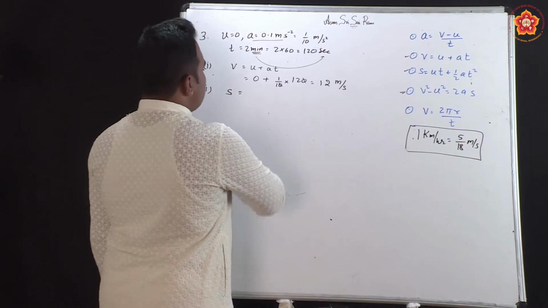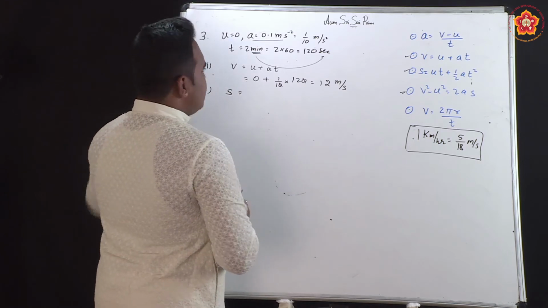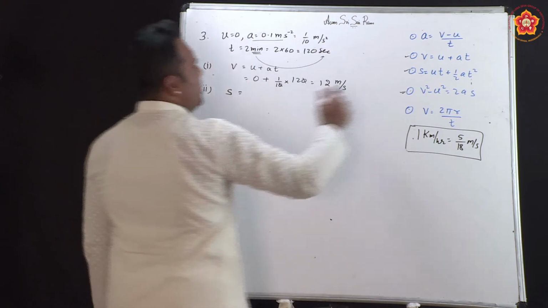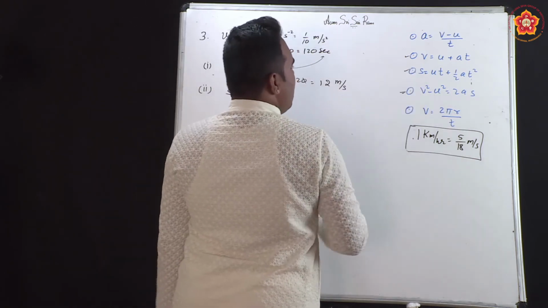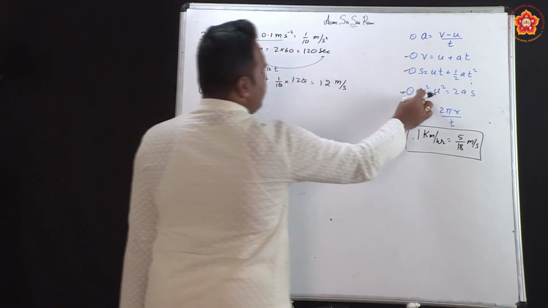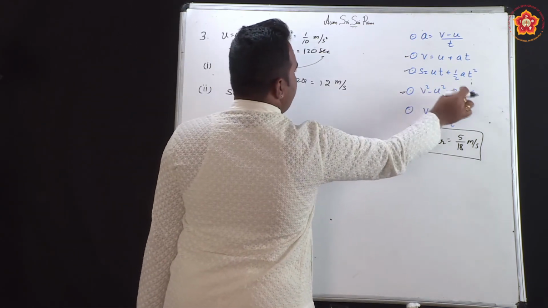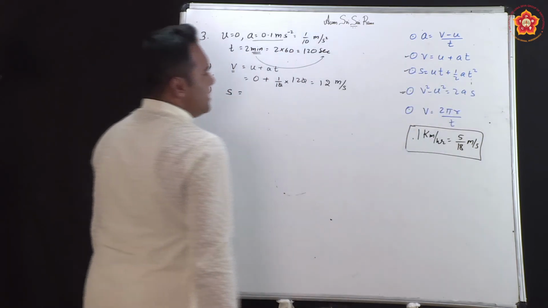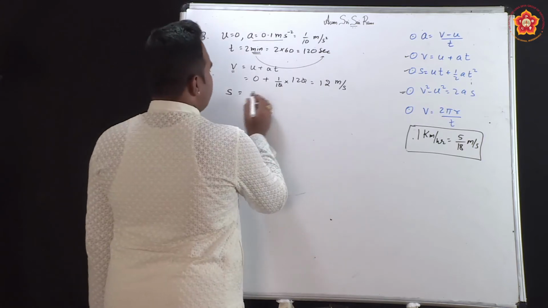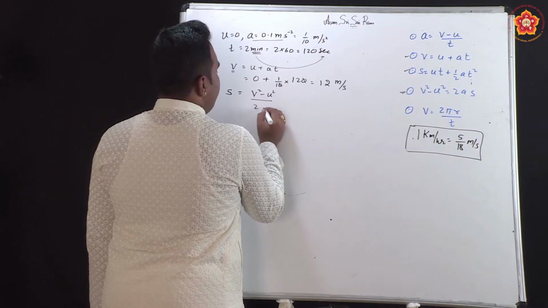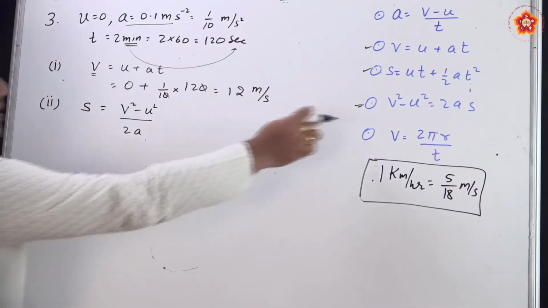And now they are asking us to also calculate the distance travelled. Now, we have u, a and t, we can go with the second equation, or we have calculated the final velocity also. We know the final velocity, we know u, we know a, and we need to calculate s. So, let us use the third equation now. s is nothing but v square minus u square divided by 2a. We use the third equation.